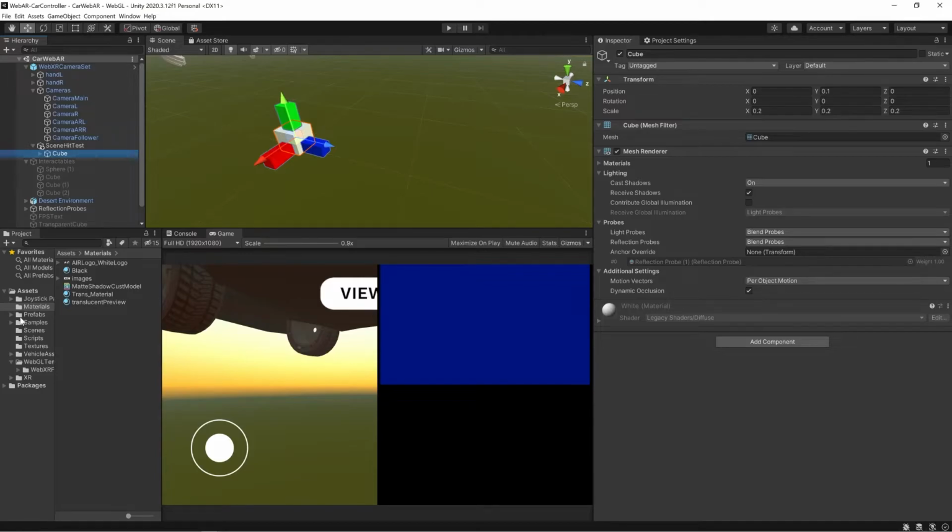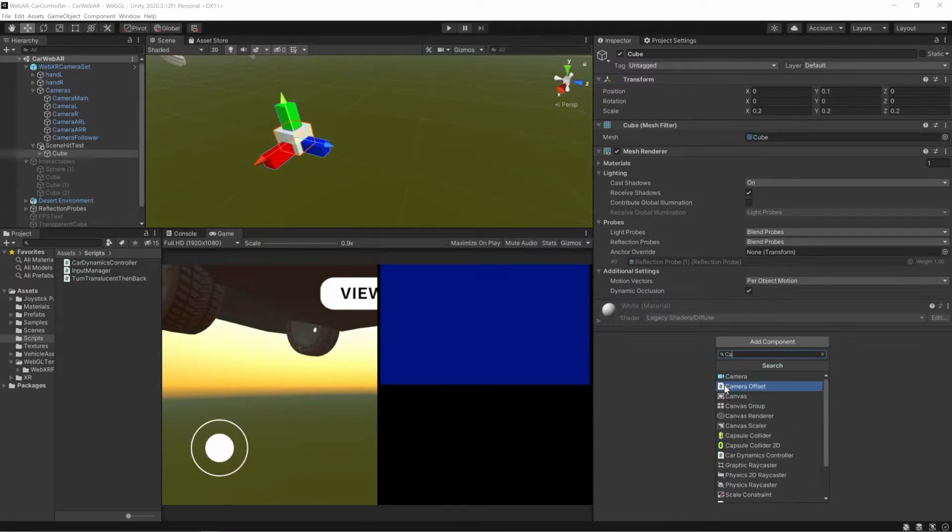Whenever the cube is enabled, it means that it is doing the hit test. The hit test is happening, and according to the hit test, the visual will be moving around. Once you click on the actual object, the hit test will stop and the object will be placed. So I'm adding a script on this particular thing to change the material of the car.